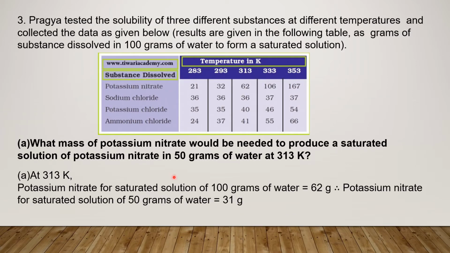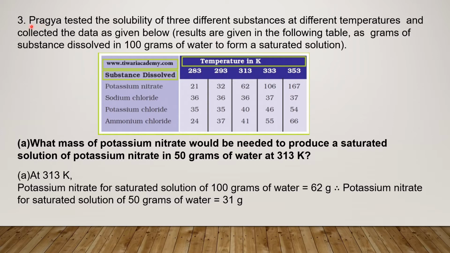Second question, write the steps you would use for making tea. Use the words solution, solvent, etc. Okay, so that you can do yourself. I'm not discussing that thing because all of you know how to make a tea. So with the help of your parents and what we learned in this lesson, you know these words. So using that words, try to make that answer. Now we will discuss third question.